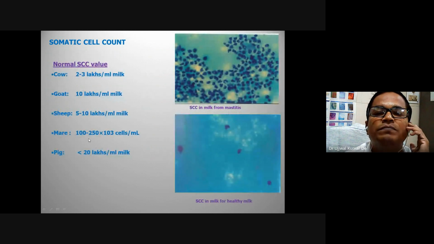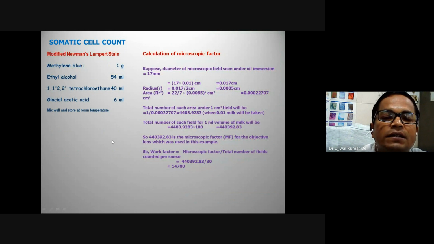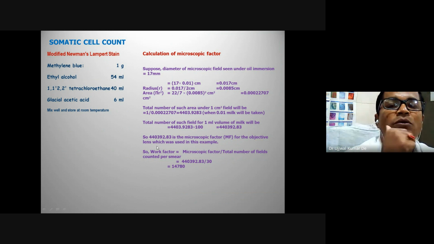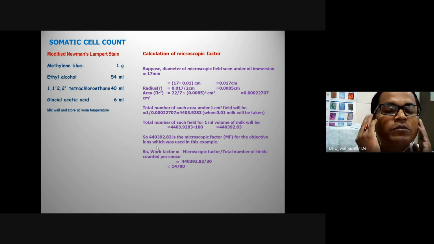Then what do we do? We take a slide. On the slide, you mark an area of 1 square centimeter with a marker, and you put 10 microliters of milk and spread it and dry it. Then you put the stain on it, dry it again, and wash it slowly under water, dry it, and examine under the oil immersion lens. So for counting of the somatic cells,